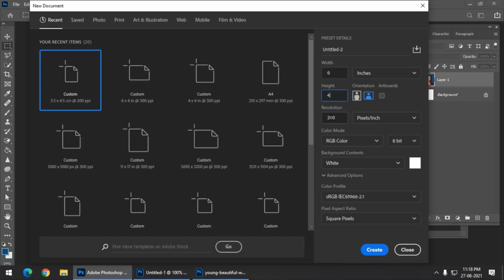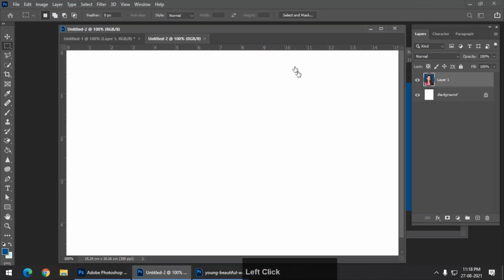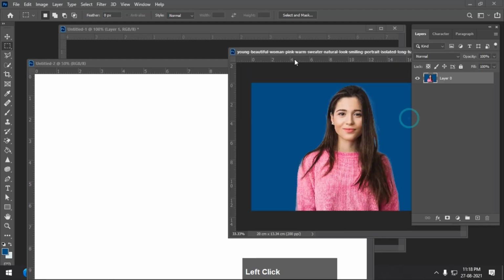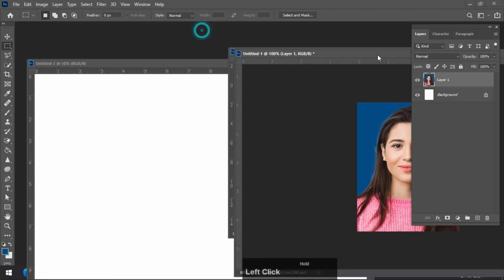This is the regularly used printing size, and I'm going to keep the resolution at 300, because since we are going to print it, it will be better if you keep it to 300 so that the quality will be better. It doesn't really matter, but still I'm going to keep it to 300 since we are going to print it. Now I'm going to drag this particular photo in our document.